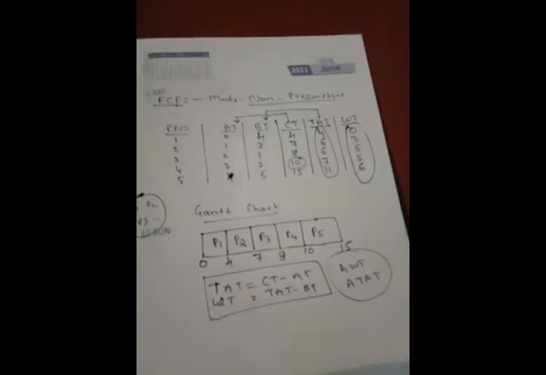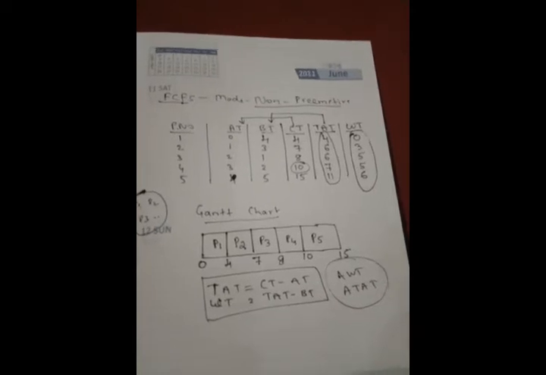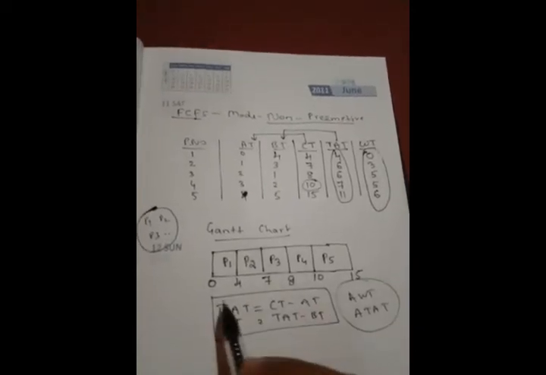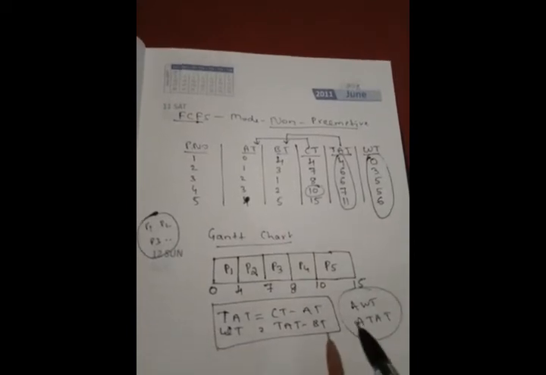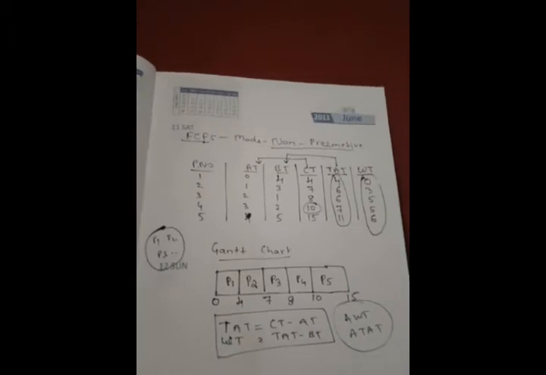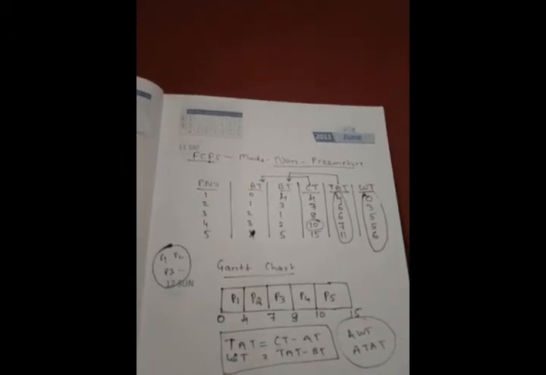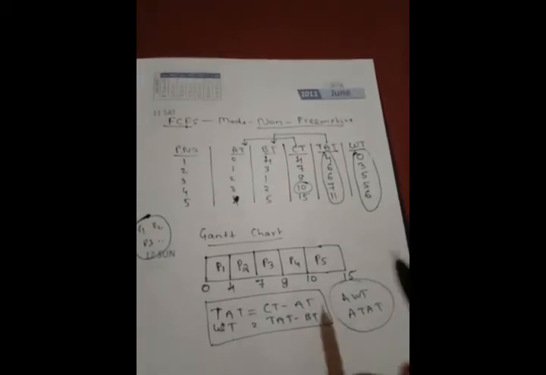Fine. So the question may be anything, but this is the actual idea of solving problems with respect to FCFS, or first come first serve. I have used some short forms, but the abbreviations are given in the slides. You can see there are some terminologies. I have given the heading as terminologies involved in CPU scheduling. You can go through it, and you can see it in the previous video. It will be available.